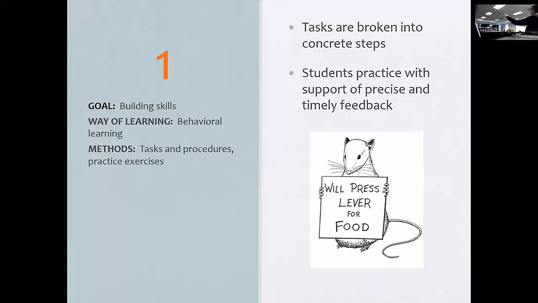Such skills are best learned when students practice with the support of precise and timely feedback. Now, feedback is really important with this way of learning, because if you're having your students do step by step, and you're not providing feedback for step 2, and they're already on step 7, but they were wrong in step 2, is 7 going to be right? No. So feedback is of utmost importance along the process when you're thinking about behavioral learning. And here, really, you're just building basic skills, building skills towards your subject.